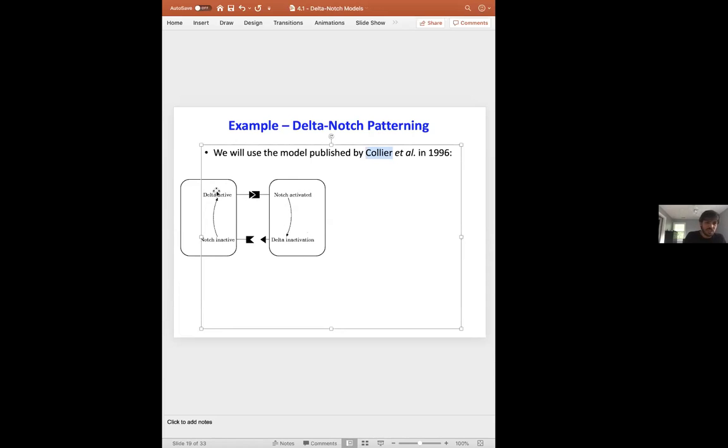And on the other hand, once Delta is active on this cell, and you do not have active Notch in this cell, that favors the further activation of Delta in this cell. And by having this kind of mechanism, you lock the two cells in having this one high in Delta and this one high in Notch. Okay, so they propose